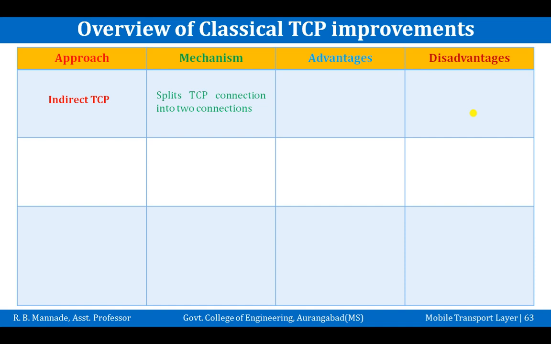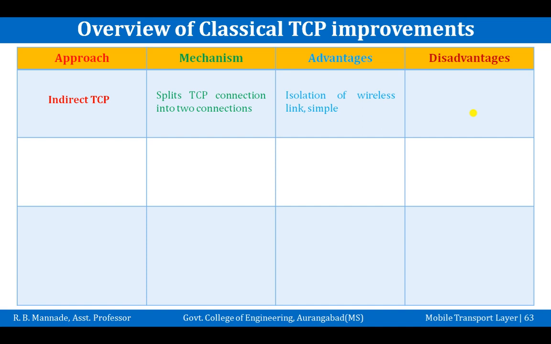One part is the wired connection and another part is the wireless connection. In the wired part, the traditional TCP protocol is used, whereas in the wireless part, a modified or enhanced TCP protocol is used. Indirect TCP has the advantage of isolation of the wired link,